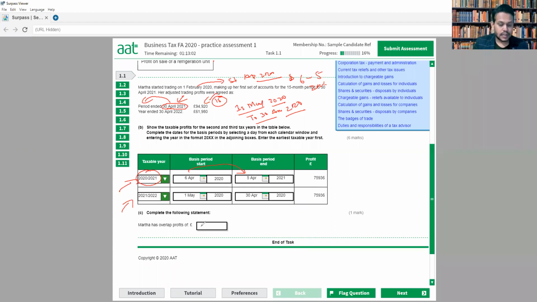Now let's have a look. What is the overlap profit? Now the overlap profit is very simple, because we calculate from 6th April to 5th April, and again May to 30th of April. That means only 1 month we can see we did an overlap. Rest of the 11 month is overlap anyway, because from 6th of April to 5th of April, and here we take from May. So that means that we already take April, May, June, July till next of April. So all the month we have here until like March, only 1 month, April, 30th of April is not overlap,